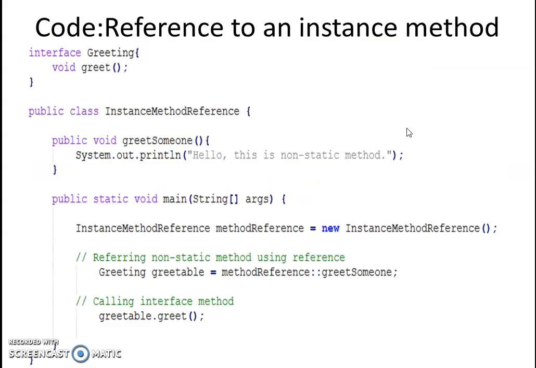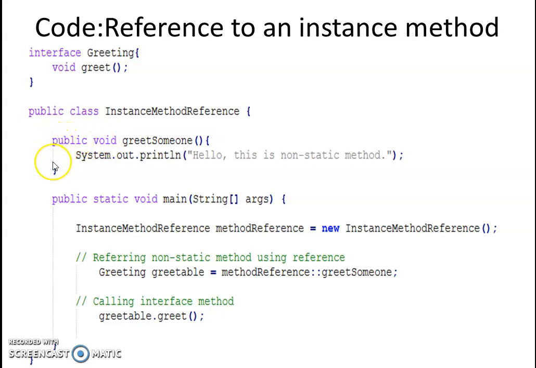Now let's understand reference to an instance method using one code. So here we have one interface named Greeting with one abstract method greet. Next we have a class named InstanceMethodReference. Now in this case we have one non-static method, that is an instance method, because here we don't have any static keyword.